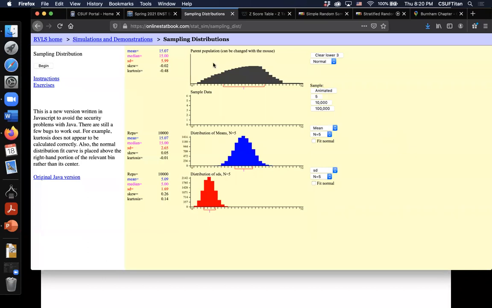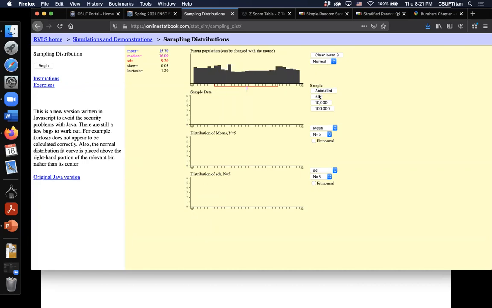Okay, so here's a sampling distribution from the online stat book, and the PowerPoint has this in it. Let's imagine that the parent distribution looks something like this. In other words, pretty uniform. When I go and take a sample, let's say I take 5 samples, the sample data aren't showing up here, but the mean of those samples is right here in blue, and the standard deviation of those samples is down here. Okay, so I take another 5 samples from this data, which is not normally distributed, it's just a uniform distribution. I take 5 more samples, 5 more samples, watch the blue and